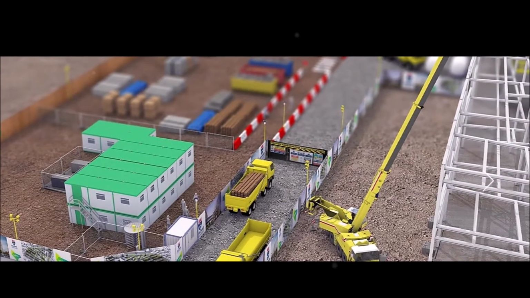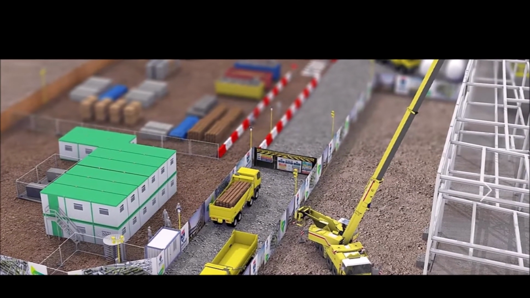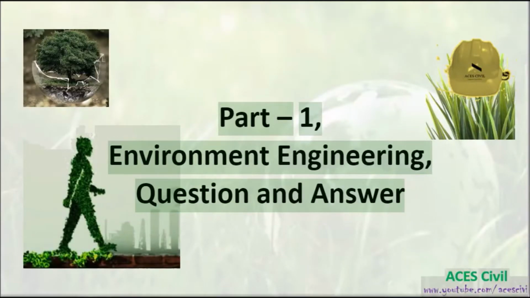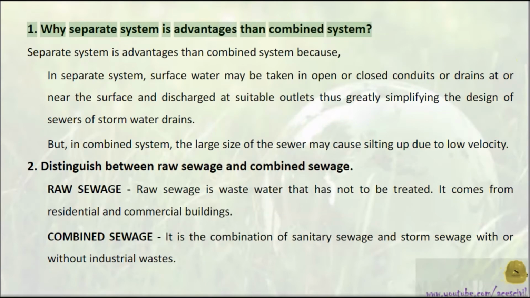In today's video we are going to discuss Part 1, Environment Engineering, Question and Answer. 1. Why is a separate system advantageous over a combined system? A separate system is advantageous over a combined system because